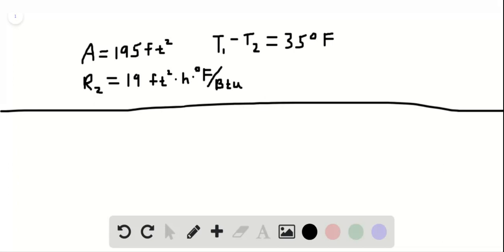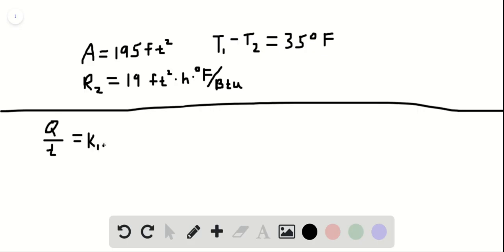So in this question, the conduction rate through the two materials must be equal. If they were not, the temperature in the material would be changing. So call the temperature at the boundary between material 1 and material 2 T sub x. Therefore, we're going to have Q over T equal to